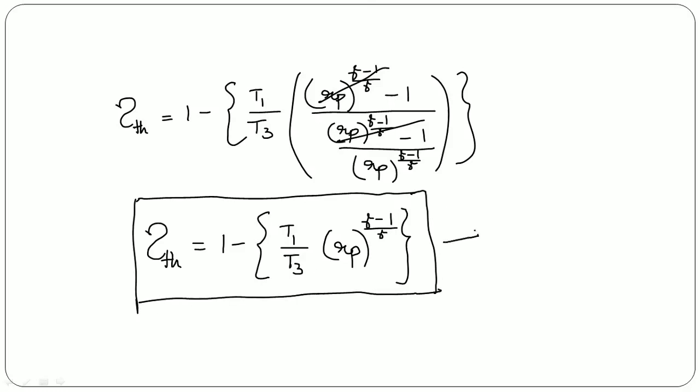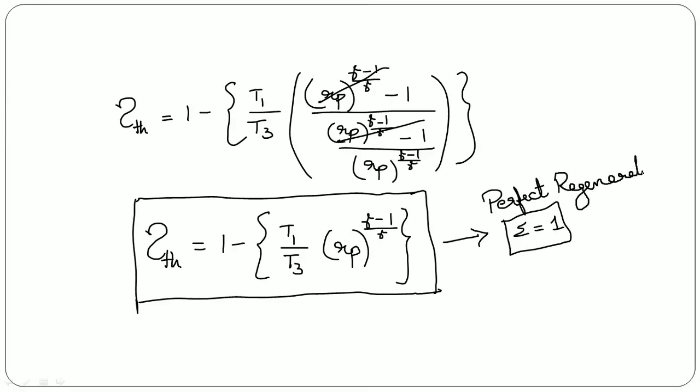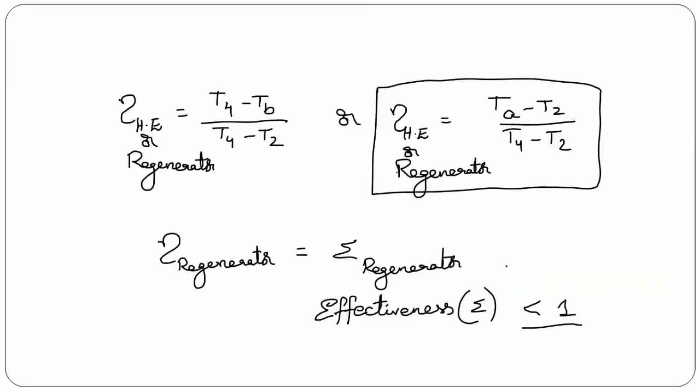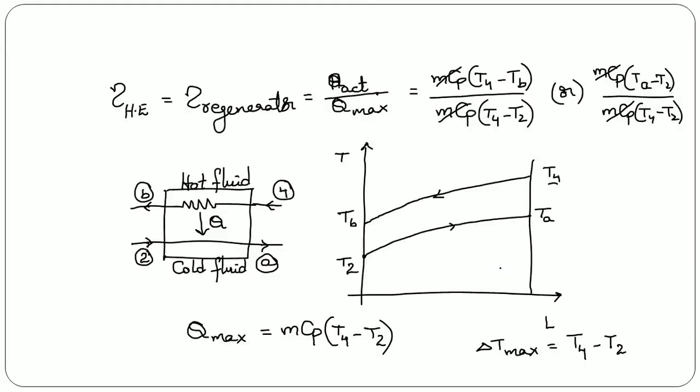So this formula stands good when effectiveness is equal to 1 or perfect regeneration condition. So for perfect regeneration, effectiveness will be equal to 1. That means the regenerator that we are using is 100% efficient. So then only we can